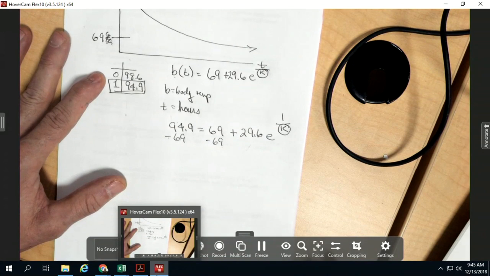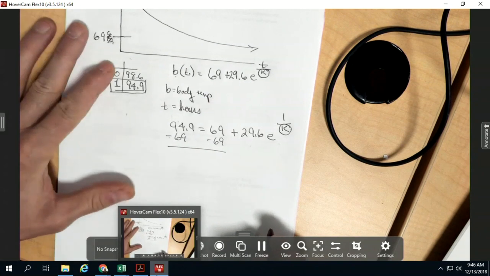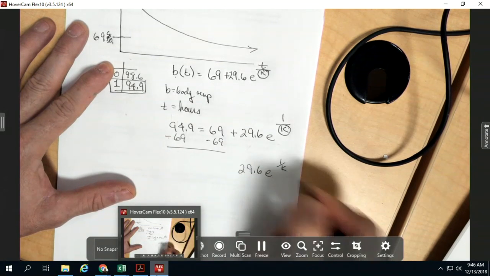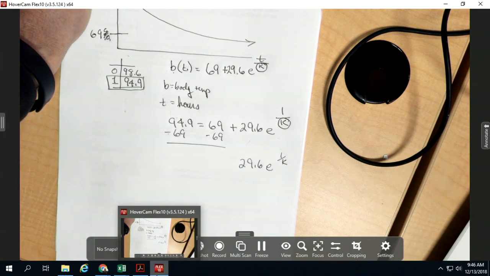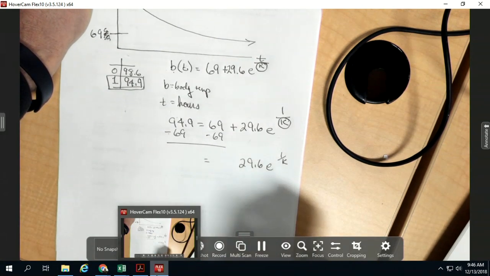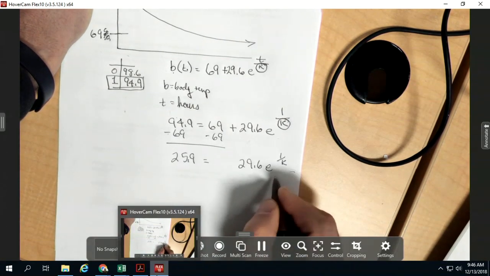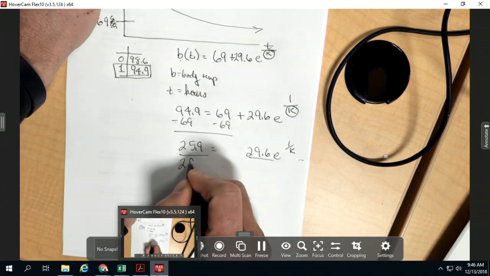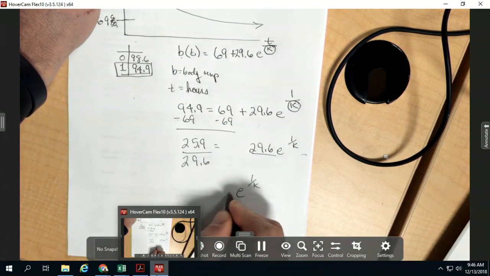Subtract 69 from both sides. What do you get when you subtract 69 from 94.9? 45.9? How do you get the e to the 1 over k all alone now? Divide both sides by 29.6, and you get e to the 1 over k is